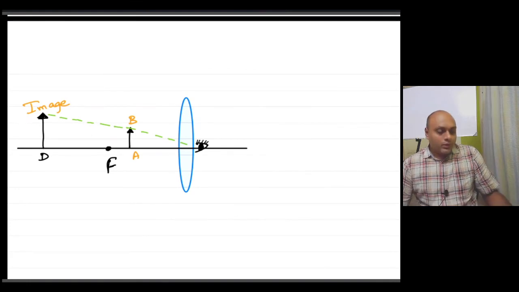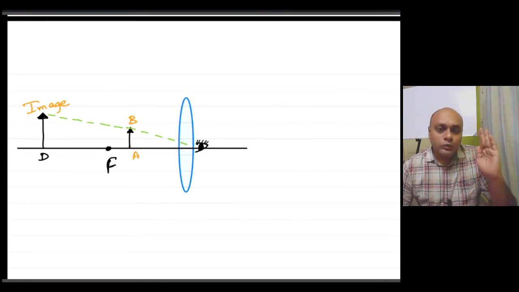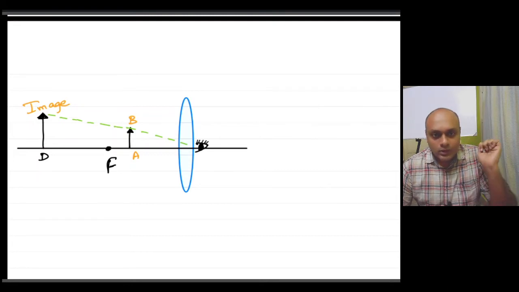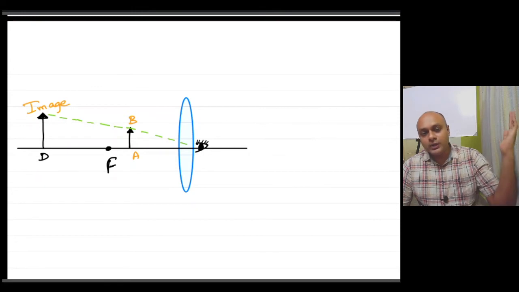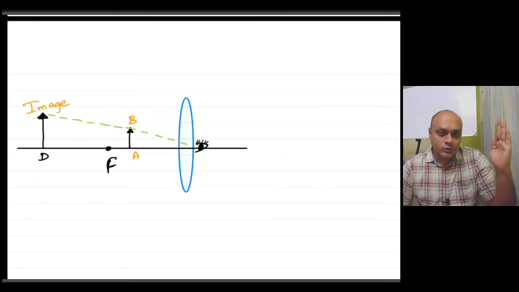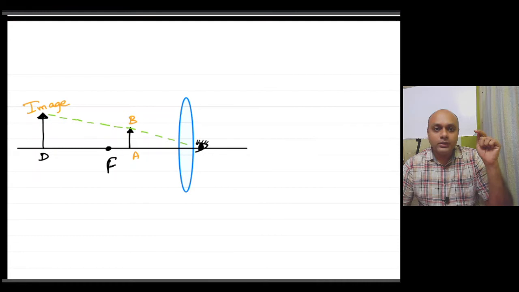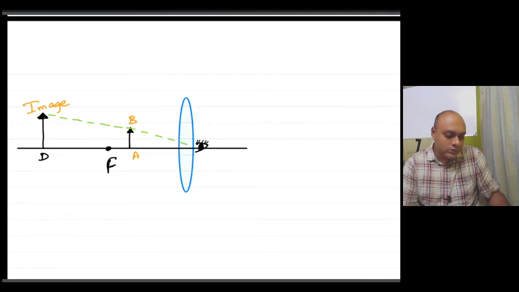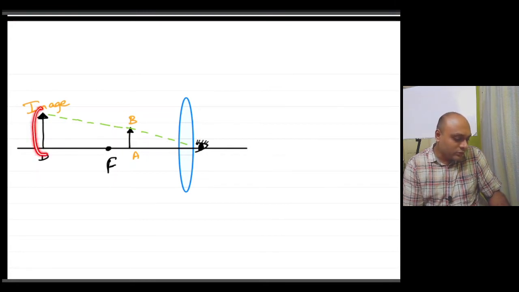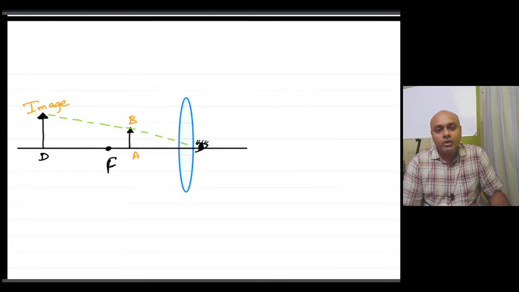Alright, so what happens in this case is you shift the object closer to the lens. When you shift the object closer to the lens, the image which was forming at infinity also shifts closer to the lens. And you keep shifting the object till image formation takes place at the least distance of distinct vision, like shown. So the image has shifted from infinity and come to the least distance of distinct vision, which we are denoting with point d.